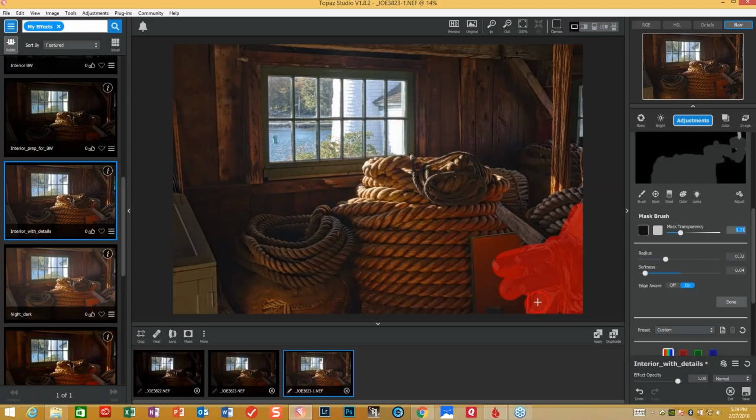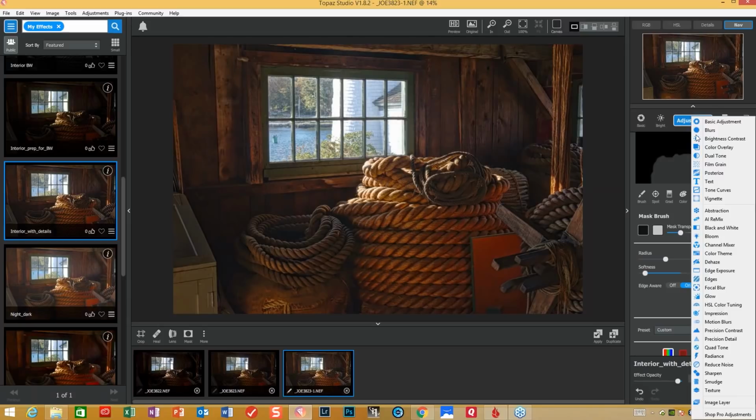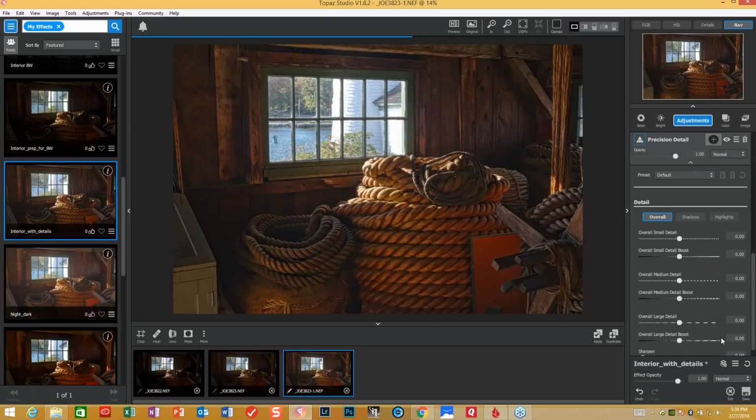Draw down here. As you can see, we've made this a little bit brighter, and I'm trying to bring your eyes just where we want you to go. Now I'm going to add one last adjustment to this, or two last adjustments, sorry, and we're going to go with precision detail with this combined